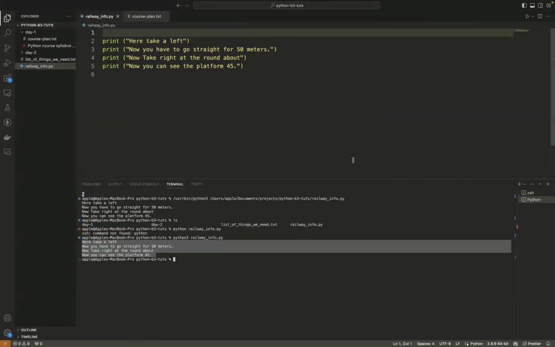The only thing you have to remember right now is you have to make sure you are in the same folder level where you have stored your program. That's the only thing you have to make sure of when you're executing it from the terminals, either embedded in VS Code or the default system terminal. Do you have any questions here?